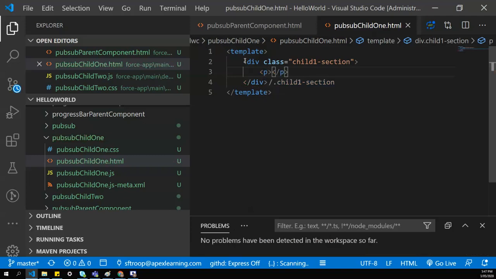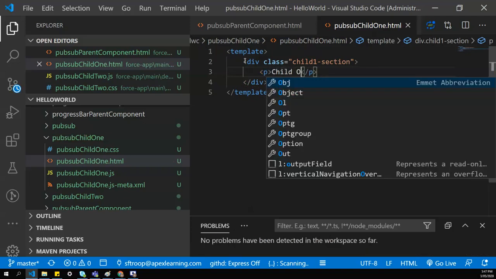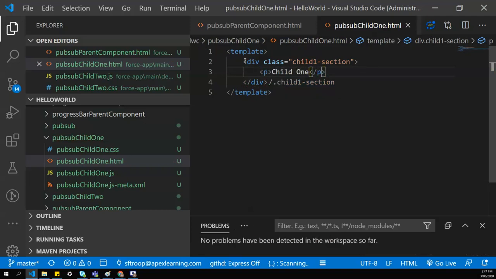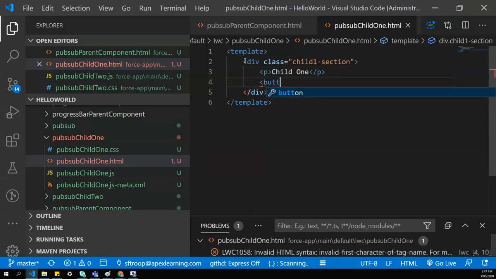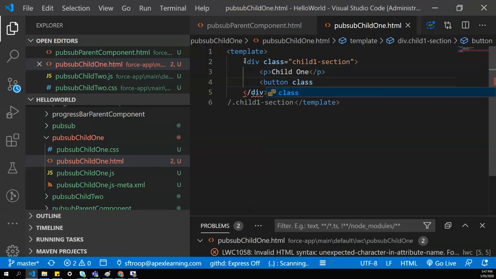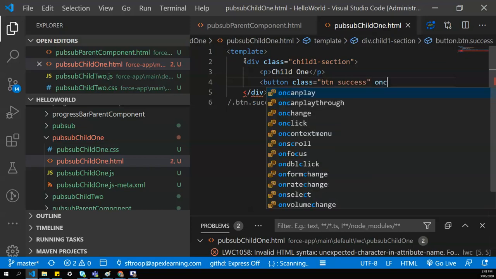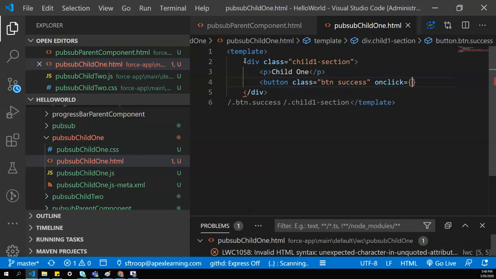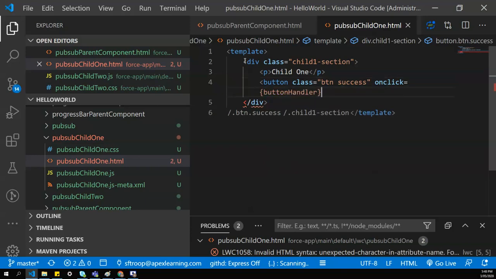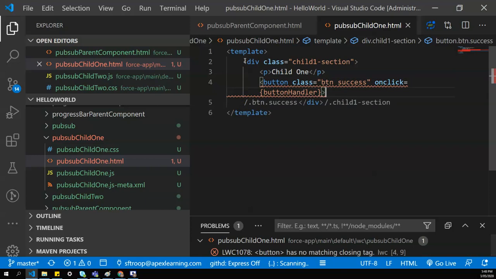We'll give the heading child one, and we create a button with class button success, and we'll attach the event handler button handler, and that has the text success.